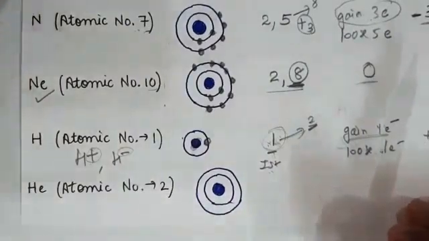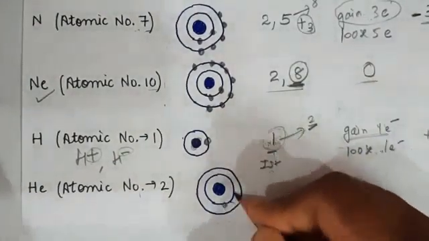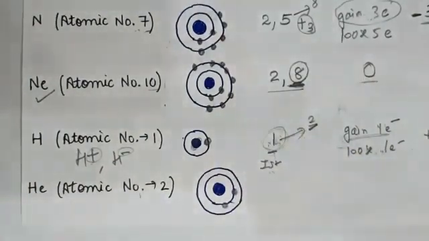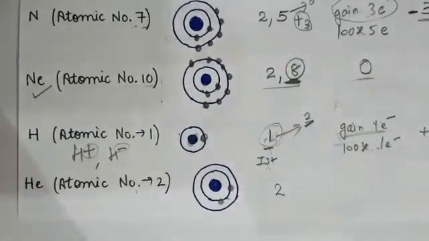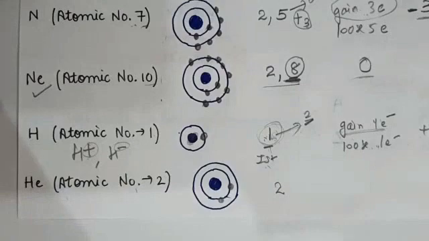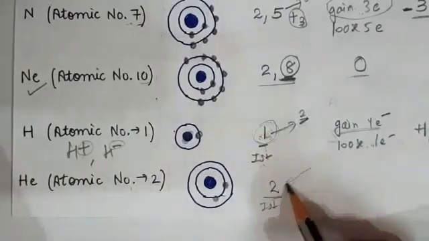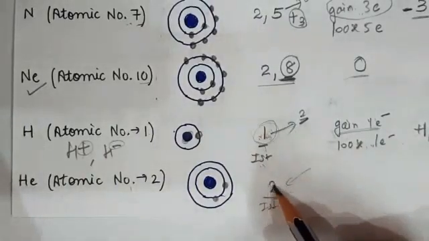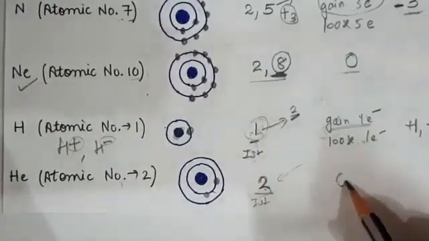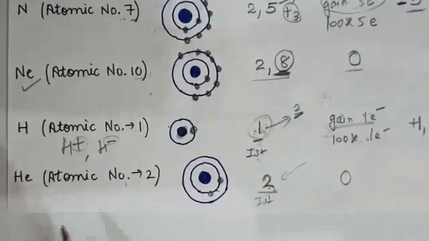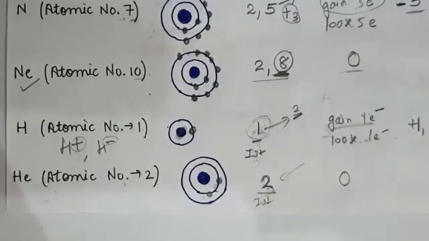Take another example, helium. What is the atomic number? 2. So start filling 2 electrons in the first shell. So write down the electronic configuration, 2 electrons in the first shell. Now in the first shell, how many electrons can be held? 2. In the first shell, only 2 electrons can be held. So the octet is complete. Octet means the configuration, doublet. The doublet configuration is complete. So the valency is 0. Okay, helium is stable because it has 2 electrons. It is stable already. Clear?